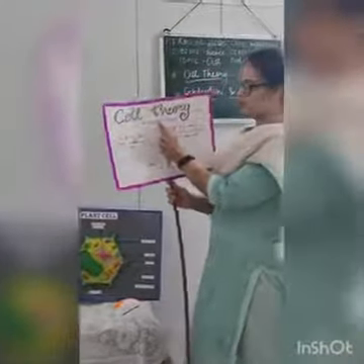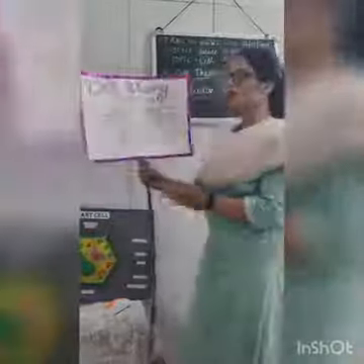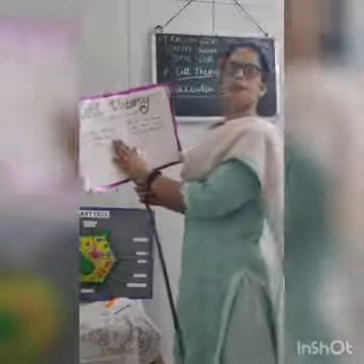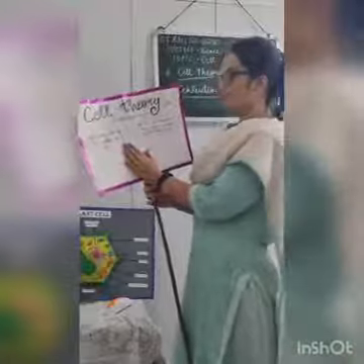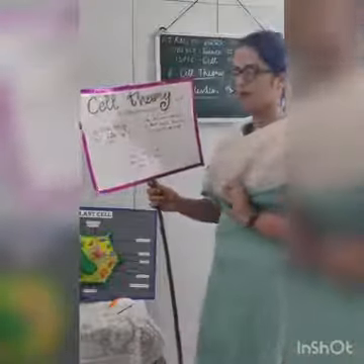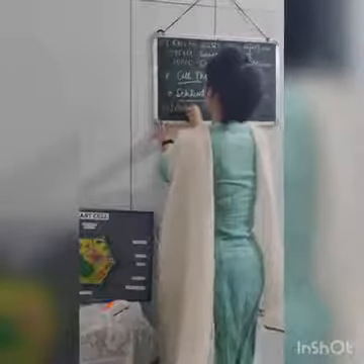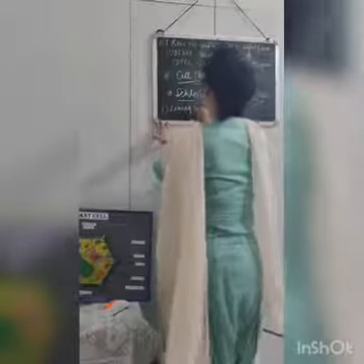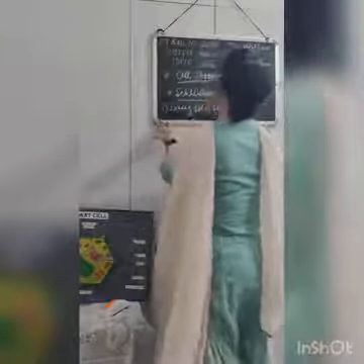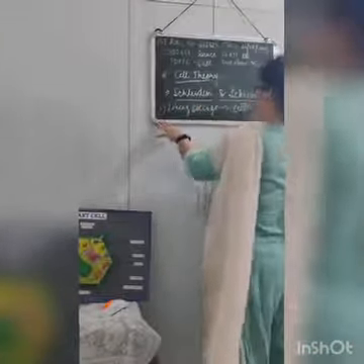Yes, ma'am. Now we have this theory over here, which is cell theory. As I've already told, it was given by Schleiden and Schwann. The first thing that was postulated in this theory was that all living things are made up of cells. So the first postulate given was that all living things are made up of cells, right?